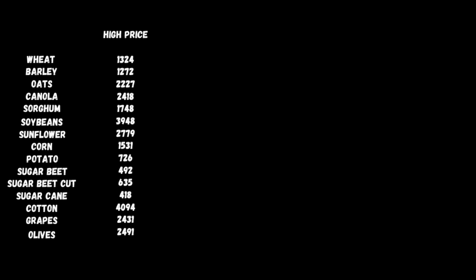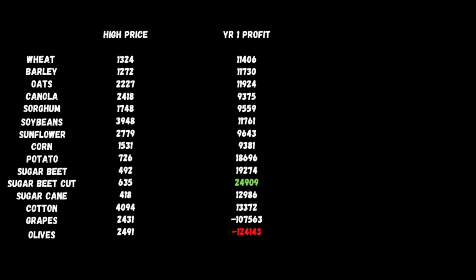So for the first year, this is year one. If you're playing on seasons, because you're only going to get one crop per year, you're going to have the most profit out of sugar beet cut, not potatoes. Now, we're going off of this one. I've seen other videos that have said potatoes, but on my test here, I've got sugar beet cut with the amount that we got off the field, with what we sold it at. That is what we've got is the most profit,